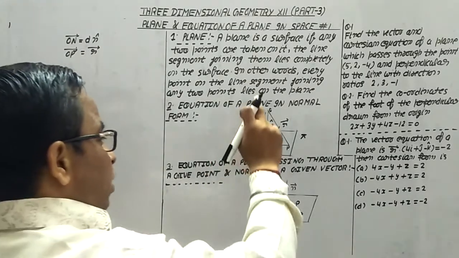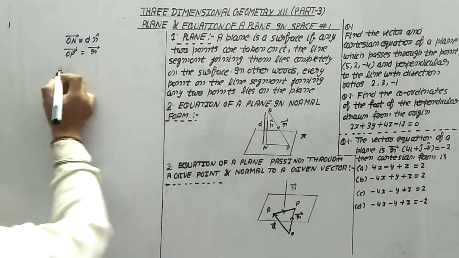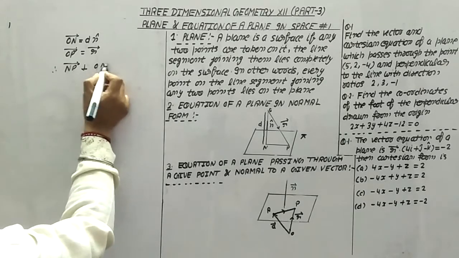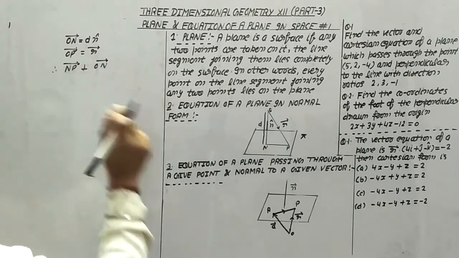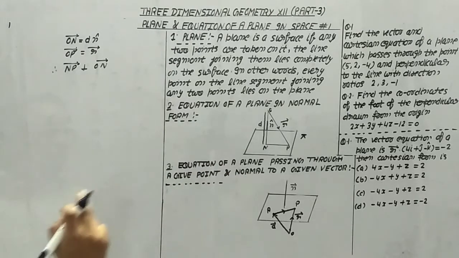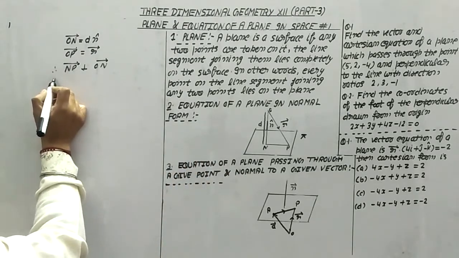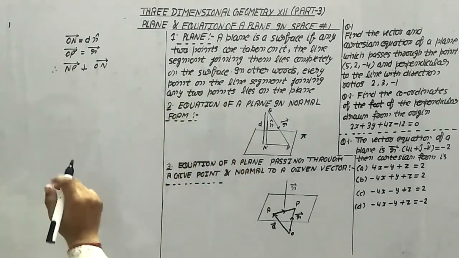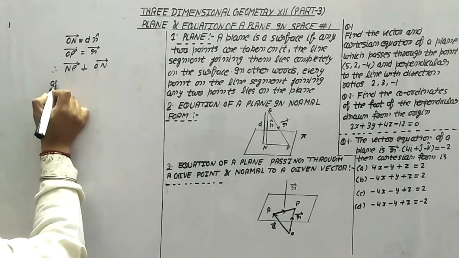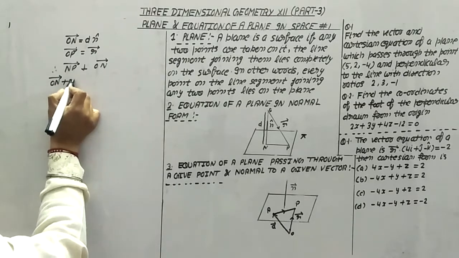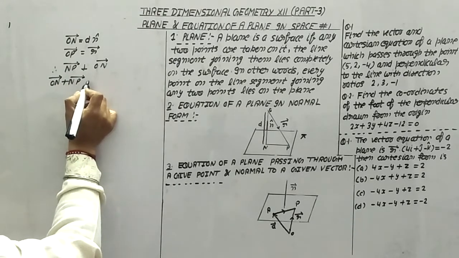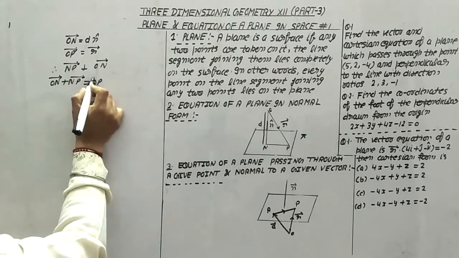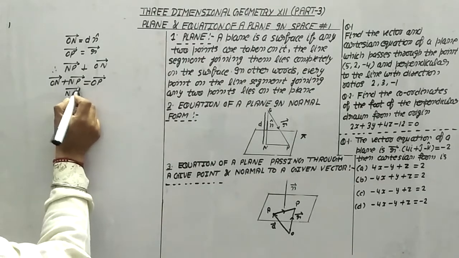Now because ON is perpendicular to this plane, we can say vector NP is perpendicular to ON. Now how will we get the NP? We will get the NP on the basis of the triangle law of addition. ON plus NP is equal to OP. It means NP is equal to R minus